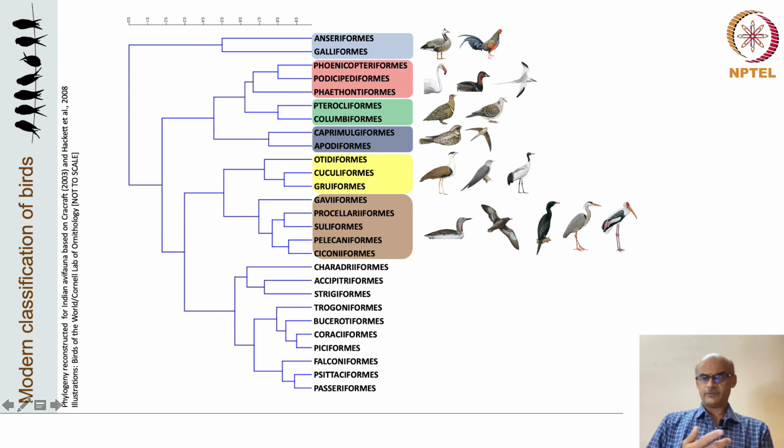Then order Procellariiformes represents the typical tube-nosed seabirds. These seabirds, like shearwaters, petrels and storm petrels, have a tube-like structure just over their upper bill, which exudes the excess salt, since they feed on fishes and marine organisms and need to excrete the excess salt. That's why they are called tube-nosed seabirds. They spend most of their lives over the offshore waters, descending to land only for breeding for a very short time.